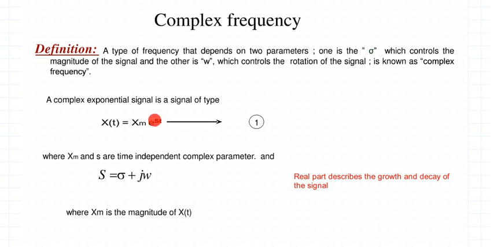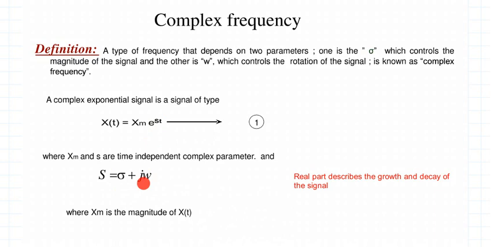Now what is this s? This s is the complex term. This s plays a very important role here. Now what is this complex term? This s is actually comprising of two terms. If you see, this s is actually expressed as the sum of two terms. The first term is called sigma and the second is omega, which is called the angular frequency. So this term s here is the sum of two terms, sigma and j omega.